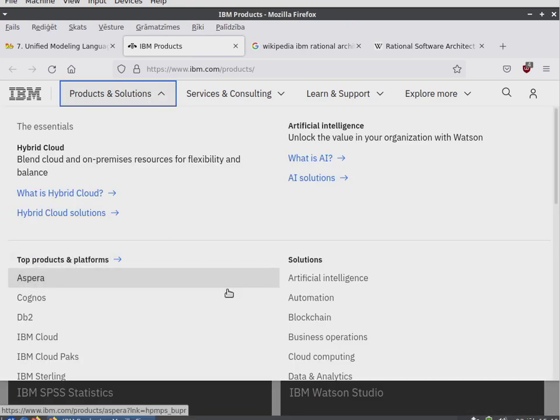I don't know how it will evolve, and that means that